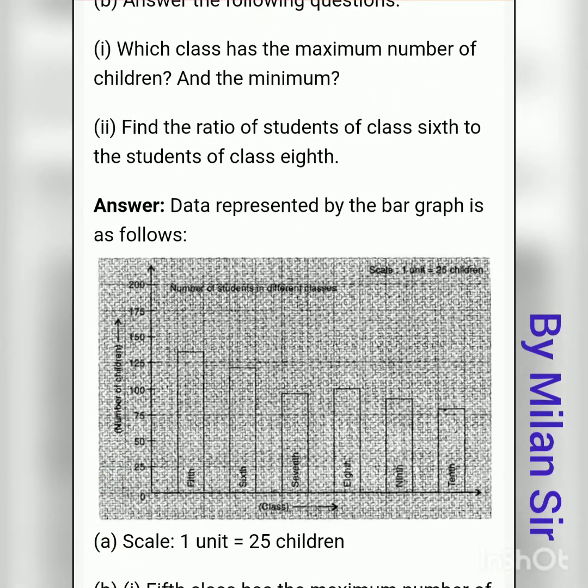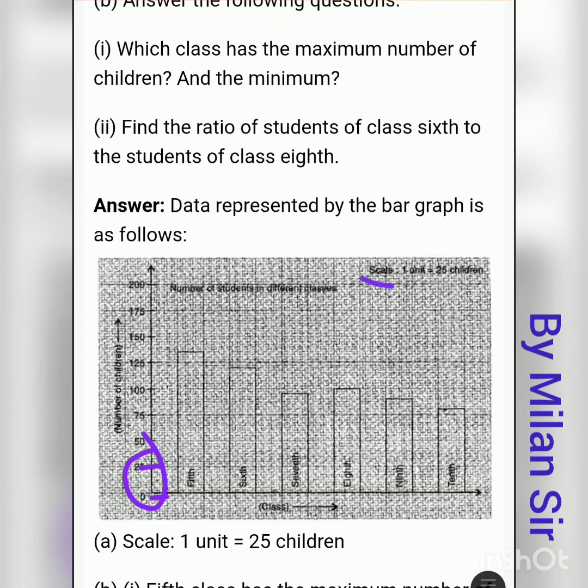Now here we can represent like this: 0, 25, 50, 75, 100, 125, 150, 175 and 200. In this way all the numbers in the data are covered. In between each box we have a gap of 25, right? Because 0 to 25, so here we have the gap of 25.